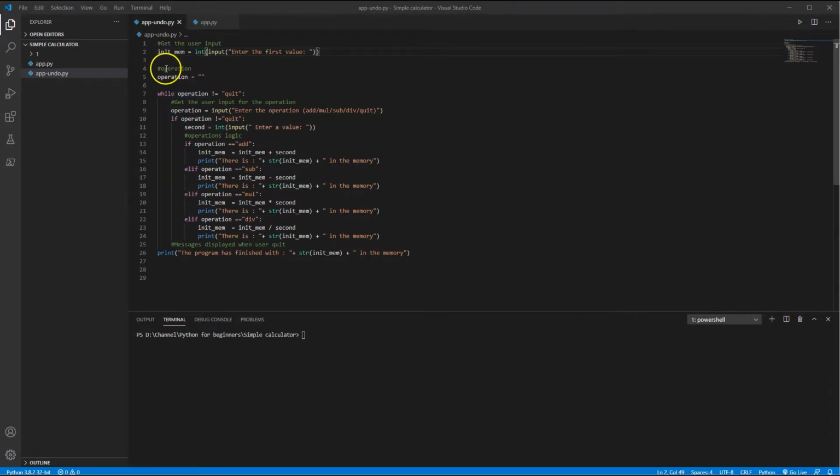If you remember from the last tutorial, we have the initial memory variable, which is an integer, and we keep adding the results, regardless if it's add, subtraction, or whatever operation, we keep adding this result to the initial memory variable, so we overwrite that variable. But what we want to do is create a variable for each result so we can actually undo and go a step back. But of course that's not very practical, so what we're going to do is create